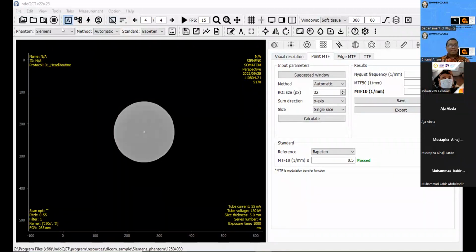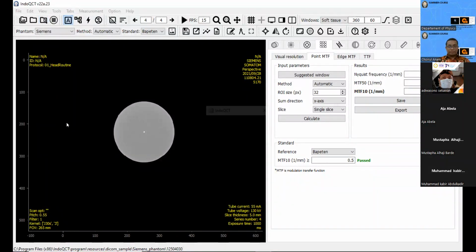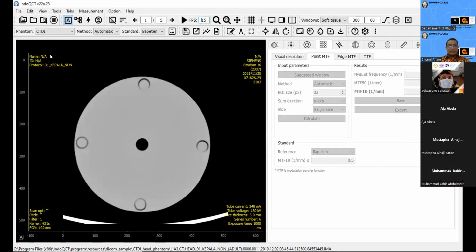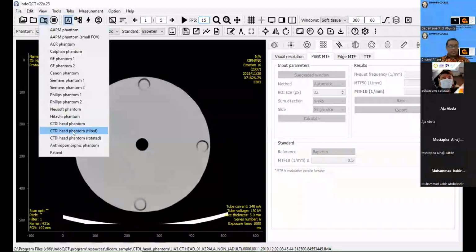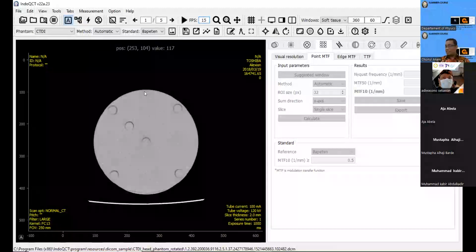In this example, I will use the CTDI phantom. This is the example of the CTDI head phantom. This is not rotated. And in this example we also use the CTDI head phantom rotated. This is rotated, so the hole is in this location, not in this position.